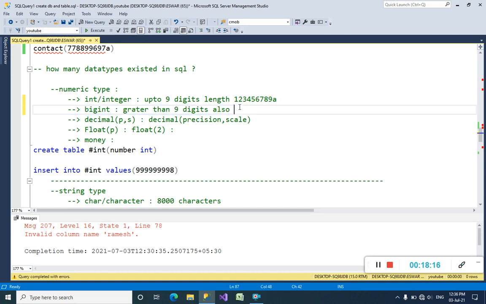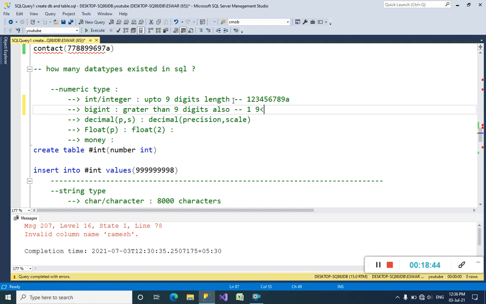Coming to bigint, we can use big integer, guys. Bigint means we can insert a single digit, and also 10 digits or more, greater than 9 digits. We can insert any number of digits by using bigint. Suppose you want to store a mobile number, we must use big integer.